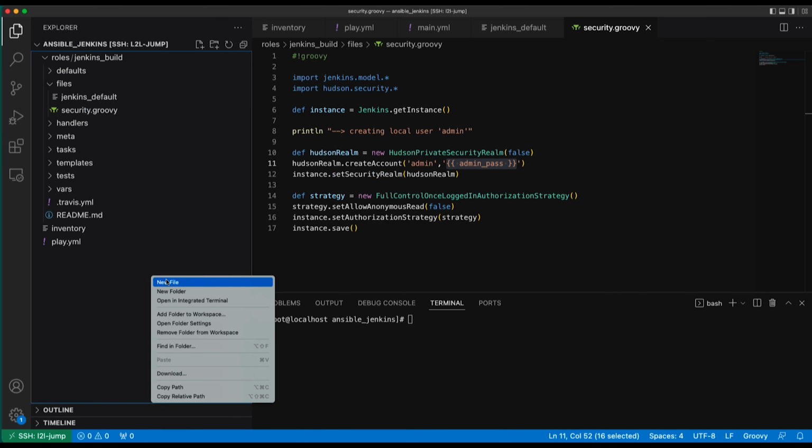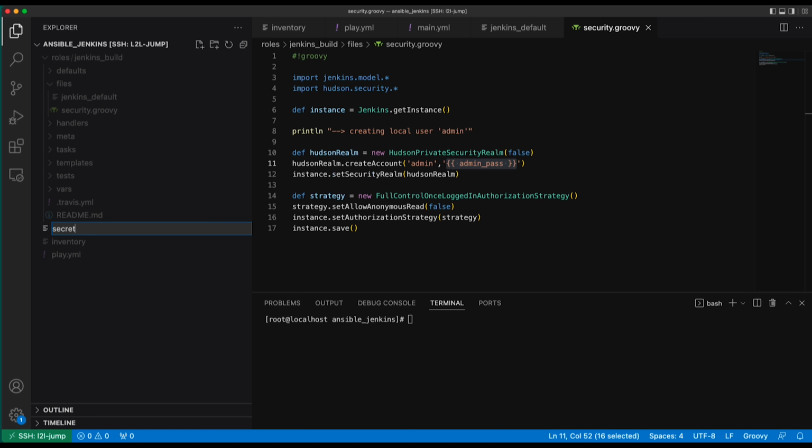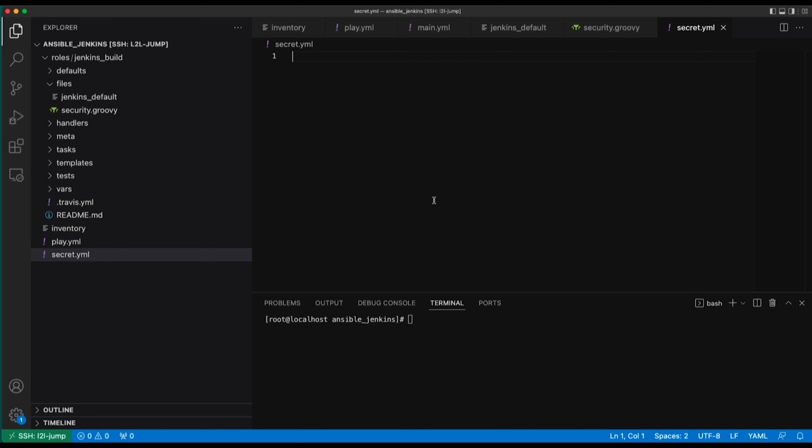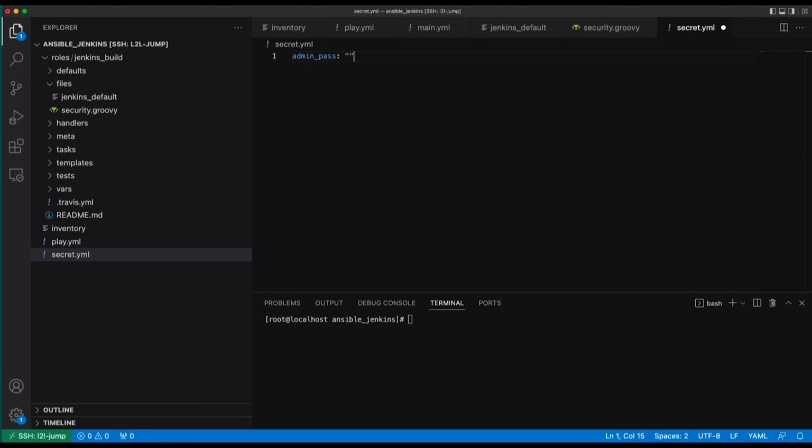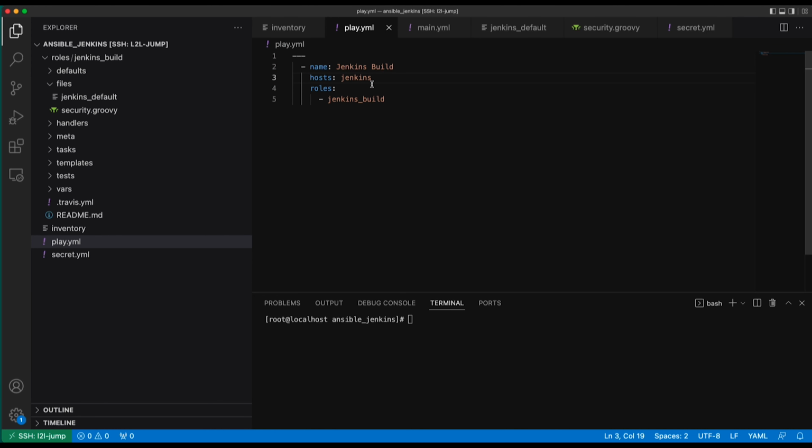So first and foremost, let's go and create that file. I'm going to call it secret.yaml. I'm going to call the variable, I think it was called admin pass. So admin pass. And I'm just going to call it password123. And then in the playbook, we need to do vars, files, and then do